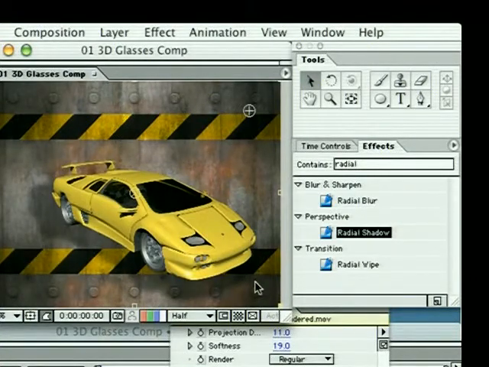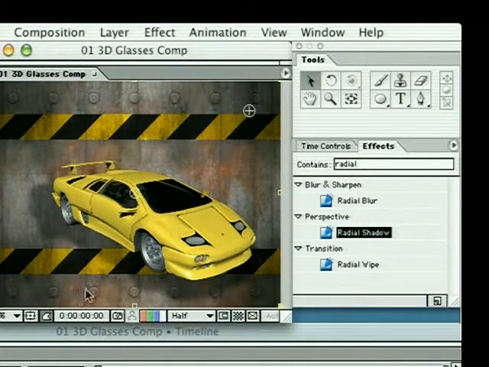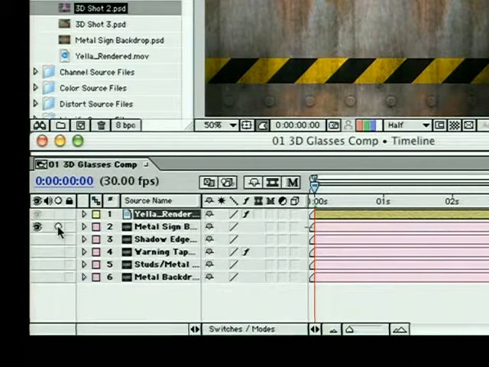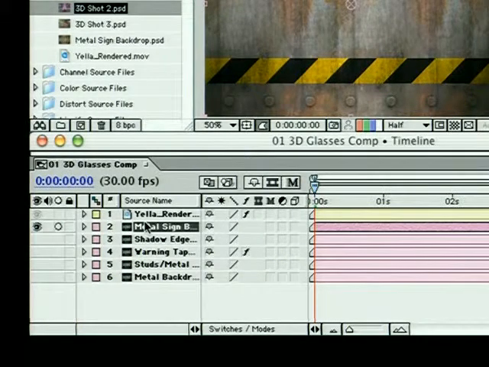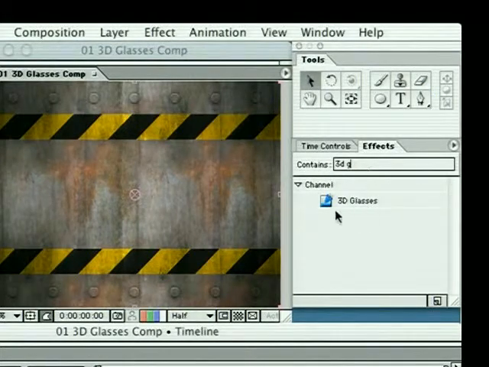So go ahead and close down the Effect Controls window just hidden behind there. And then what we'll do is let's come down to the timeline and just solo this layer here, layer number 2, which is the metal sign backdrop. Just turn on solo, and then all we'll see is that and not the car above it. And then what we'll do is just select that layer, and let's come up to the effects palette and type in 3DG, and that should come straight up with 3D Glasses, and go ahead and double click to apply that